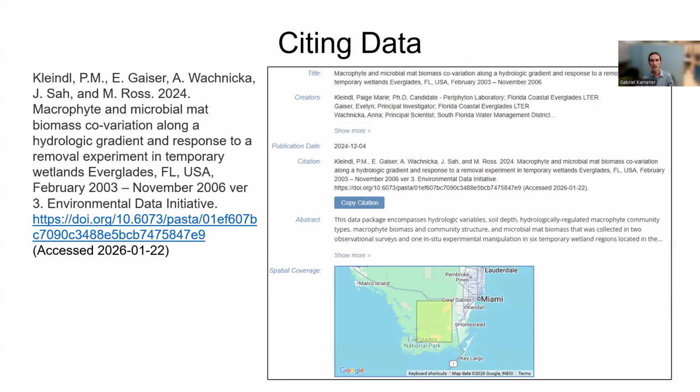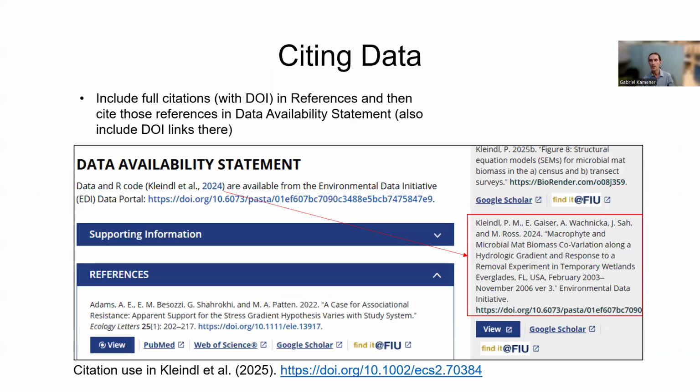And so this is just an example data set that was published in 2024. On the left is the full citation with the DOI. This data package, for instance, has 9 data files in it. And I want to just show what this full citation looks like, because the following year, the data package was